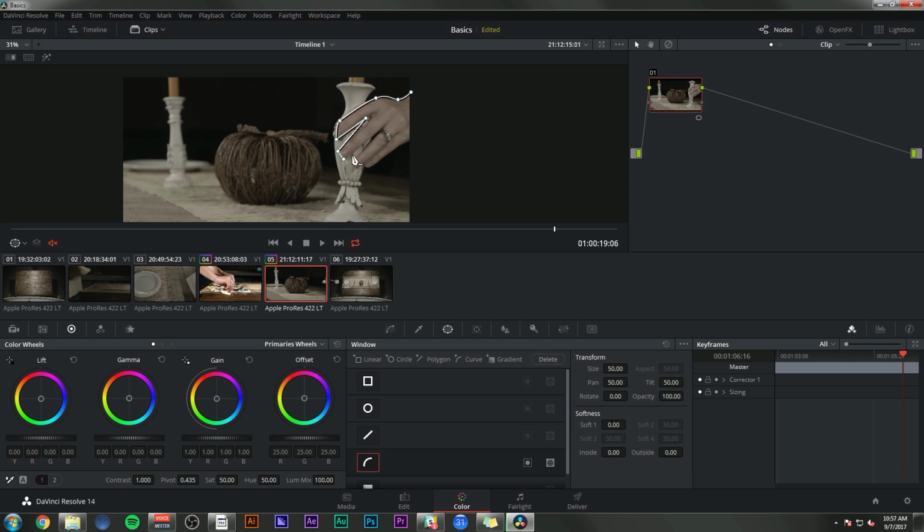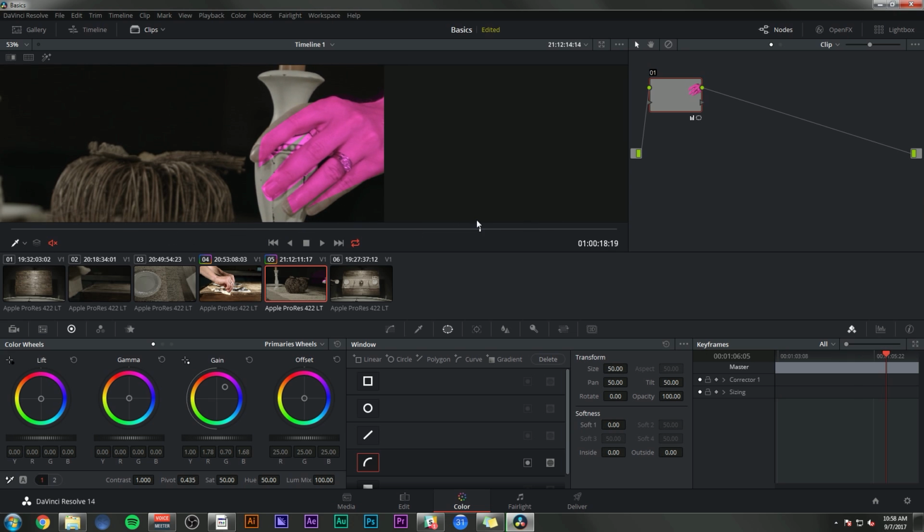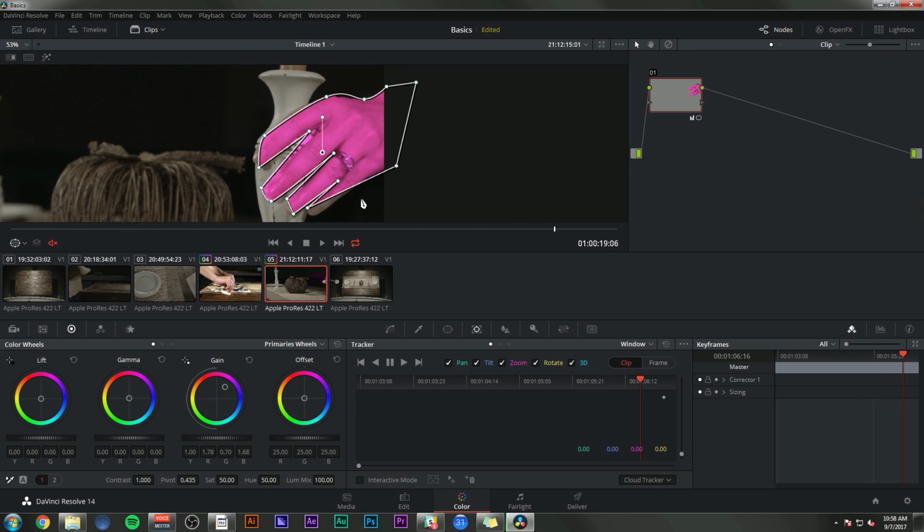Of course, you would take a lot more time and not draw it like some kind of weird Gumby hand or something. But there, I'm just selecting the hand, and just so we can see it, I'm gonna make it bright pink, okay? If I move around, we'll see that the hand comes in and out of that shape, which obviously looks horrible. What the tracker panel does is whatever window you have selected, you just hit play and it